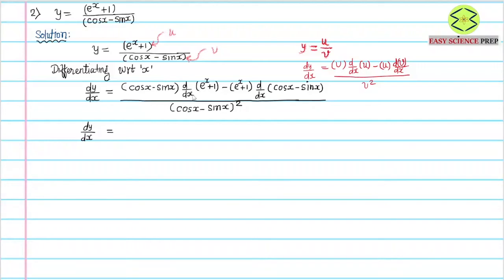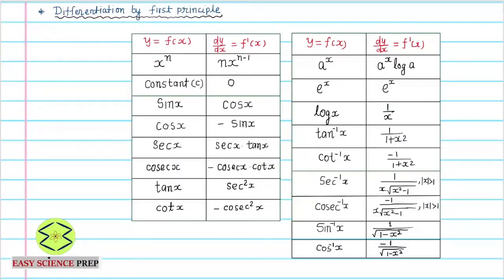Here the cos x minus sin x, there is no differentiation, so we'll put it as it is, cos x minus sin x, and the derivative of e raised to x plus 1. So by the distributive property, derivative of e raised to x plus derivative of 1. Now 1 is a constant, it is quite clear. Derivative of 1 is going to be 0 and the derivative of e raised to x, if you refer to the table, is going to be e raised to x only. Okay. So there is no problem.